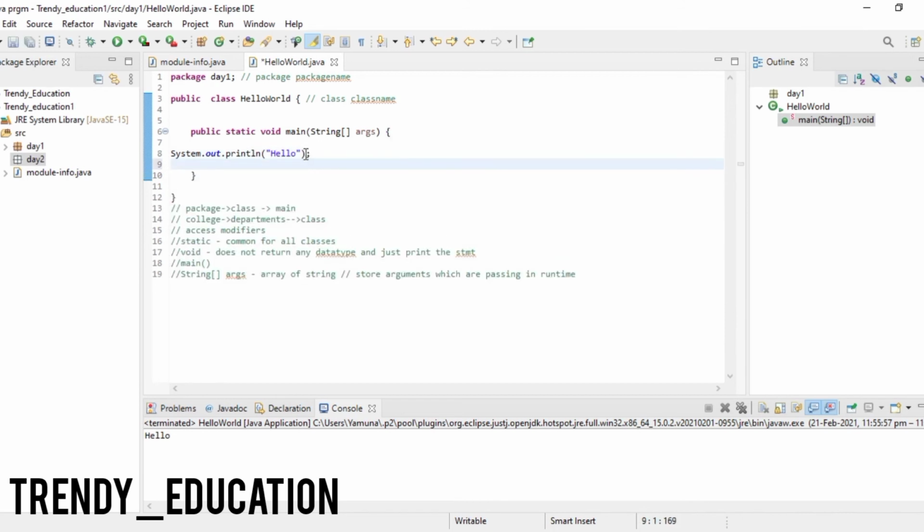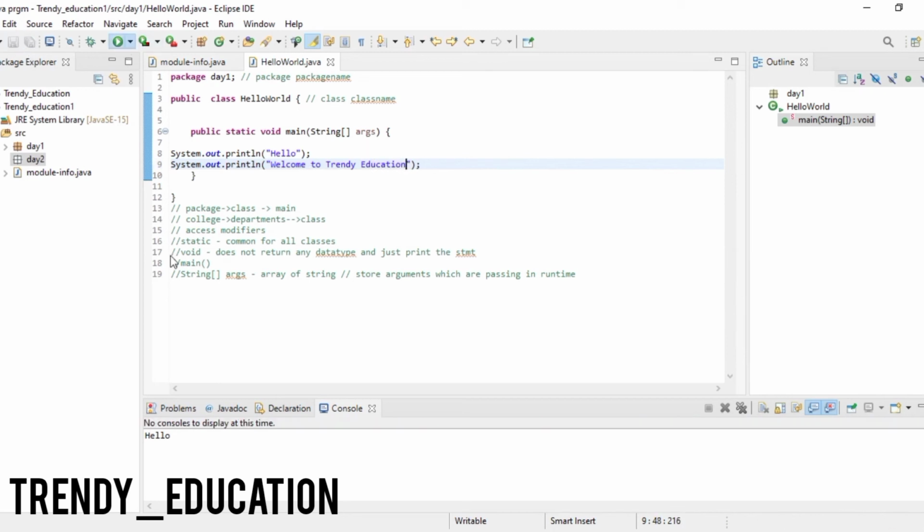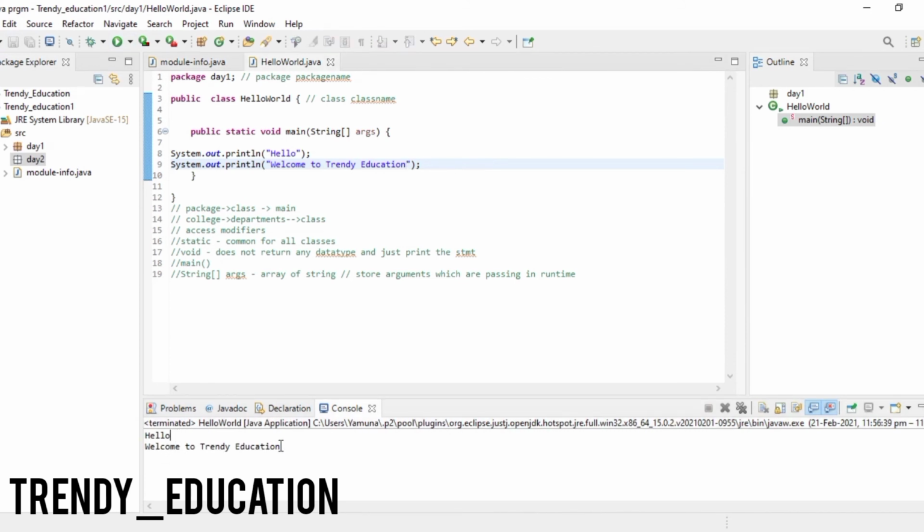Now I'm also giving another line: Welcome to Trendy Education. I'm going to run this. So here you can see that hello is printed in the first line and welcome to Trendy Education is printed in the second line. If you want both in the same line, you can give it as print.